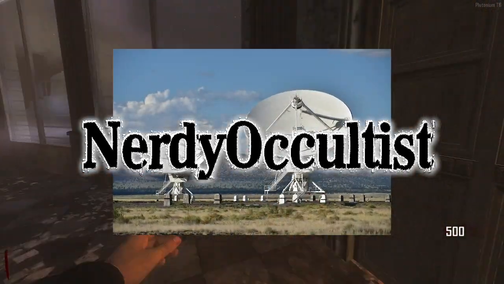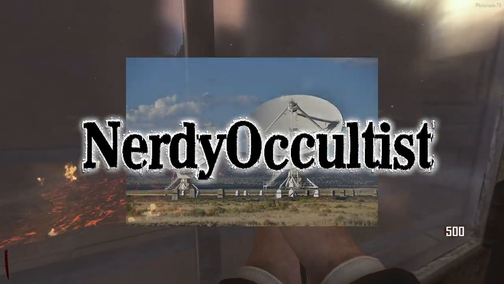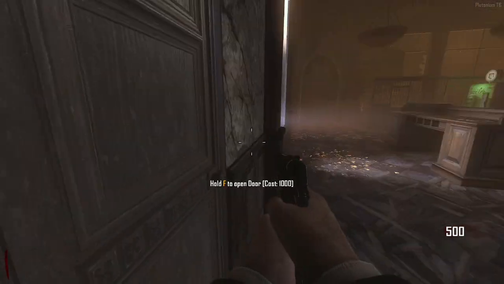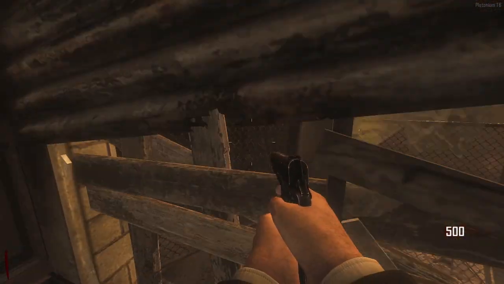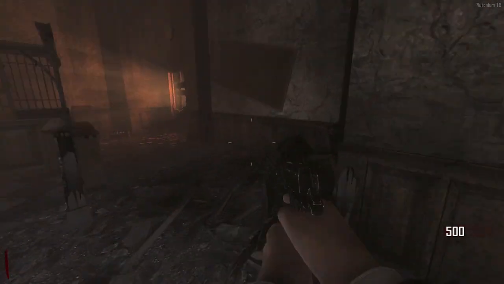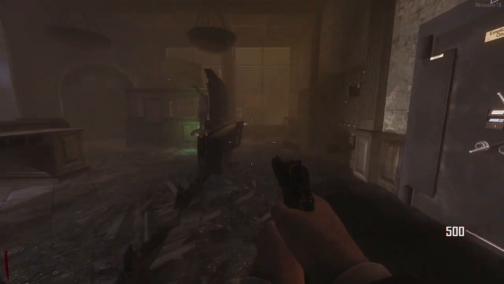So this video was originally going to be locked in the bank on Town, but it appears as though the game refuses to spawn zombies with the door closed in that particular building. Now, finding this out led to an hour or two of experimenting on multiple maps, and I think I figured